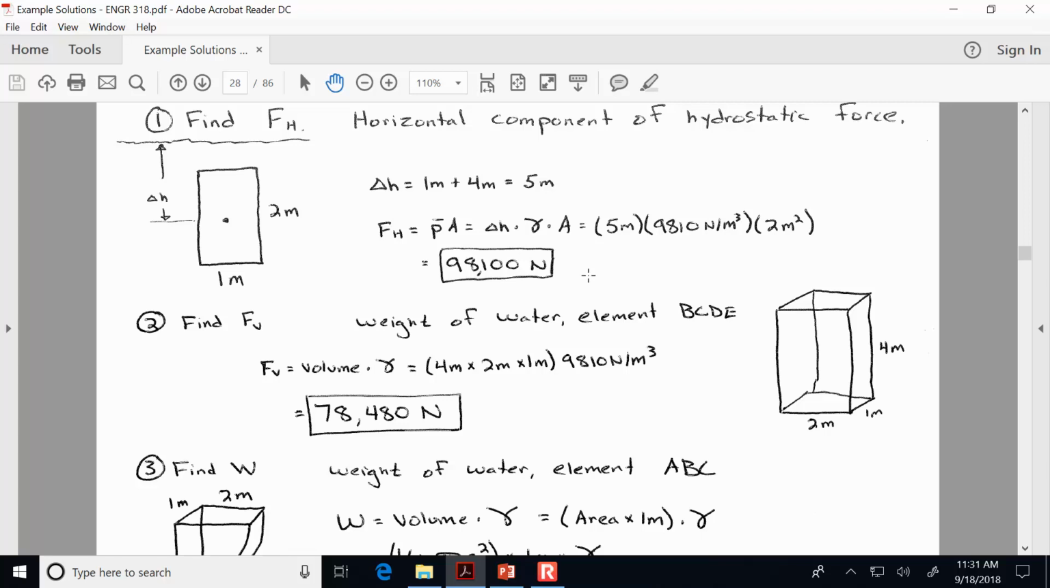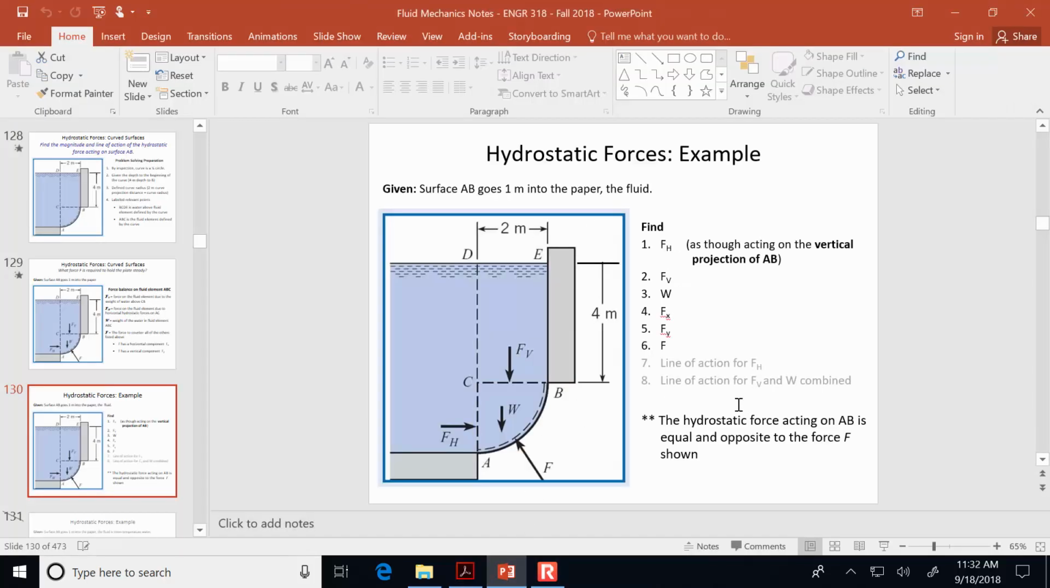So the vertical projection of the curved surface. You're going to hear me say that phrase over and over and over. So it's critical that you understand what I mean by the vertical projection. So that means we've got some curve. In this case, it's just a plate that's been bent. So we've got a curved surface, but we want to know the vertical projection. So in other words, what is the vertical component of that shape? In this case, the vertical component of it is a rectangle with 2 meters of height and 1 meter of